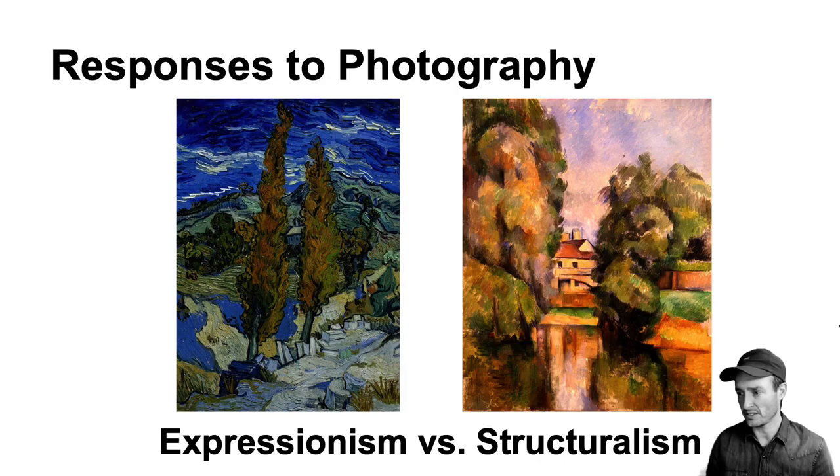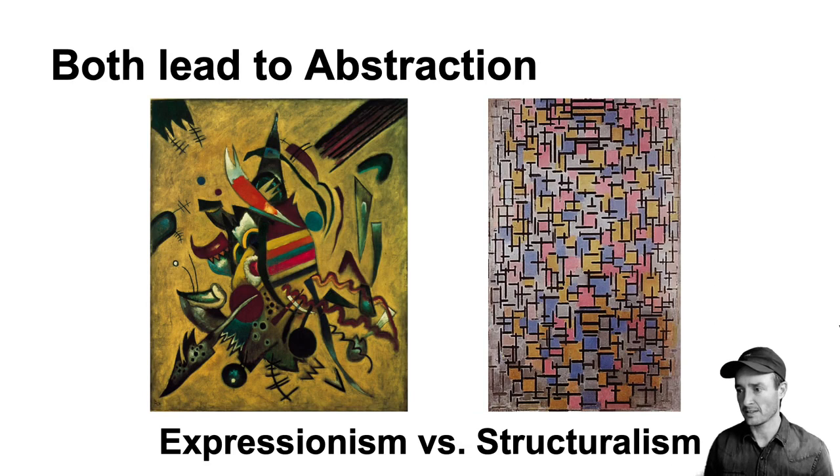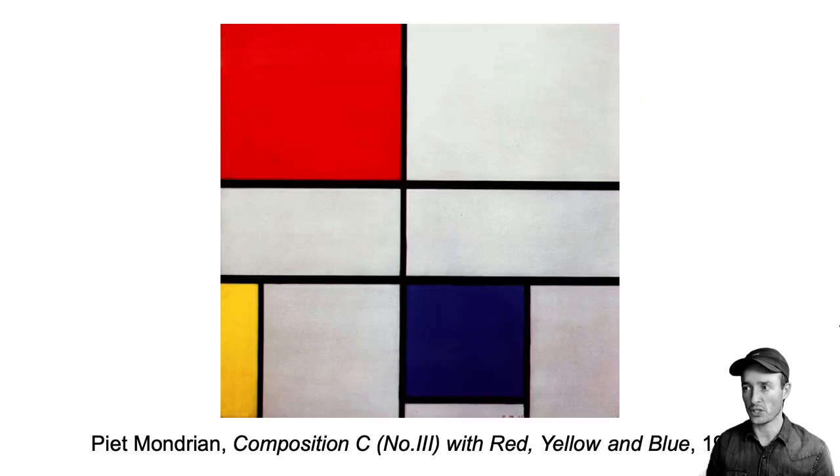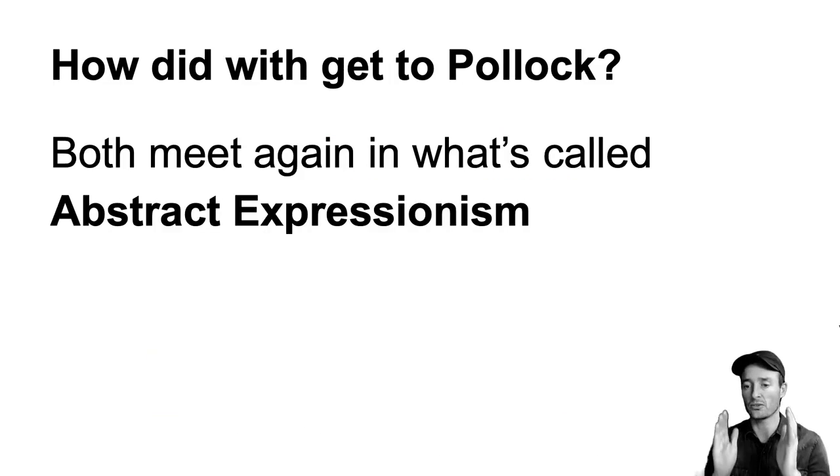So this response to photography, we see in Expressionism, that kind of individualistic emotional response, and then the analytic philosophic response. Okay, Expressionism, structuralism, both lead us to abstraction. Okay, they both make their route to that. So that we had this beginning with these two forms that then culminate in what would be abstract expressionism. Okay, and that's how we get to someone like Jackson Pollock that we're going to use in our next lecture to really hone in on